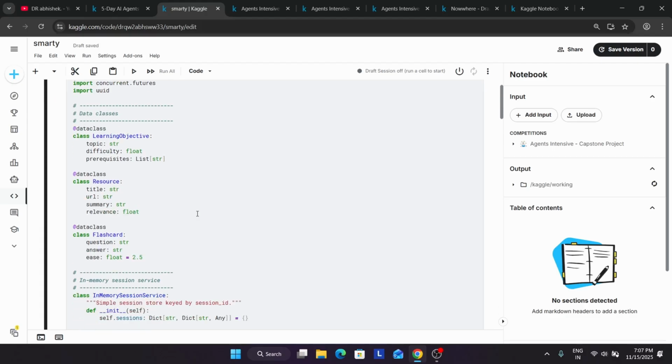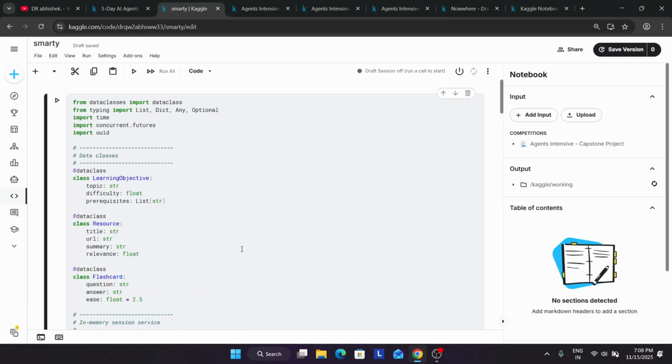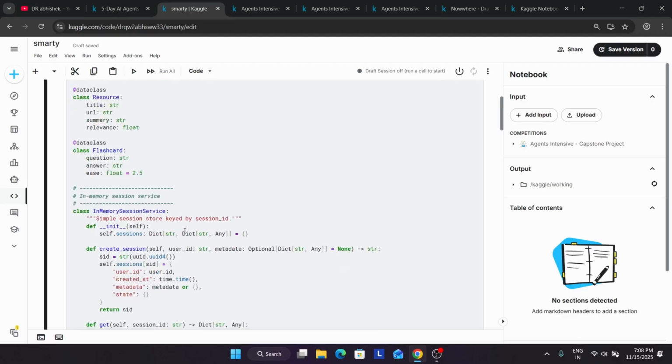The flashcard will be just storing the question, answer, and ease factor. Like if we repeat the same flashcard, then it will repeat the same flashcard there. If I repeat a question, it has to throw an answer. So for ease of access and spaced repetition, we use flashcards to remember everything. Okay, so this thing I wanted to share.